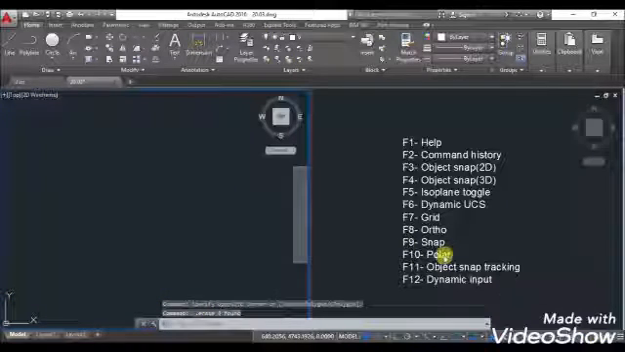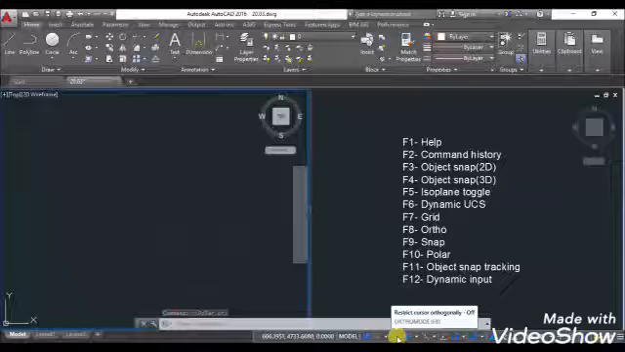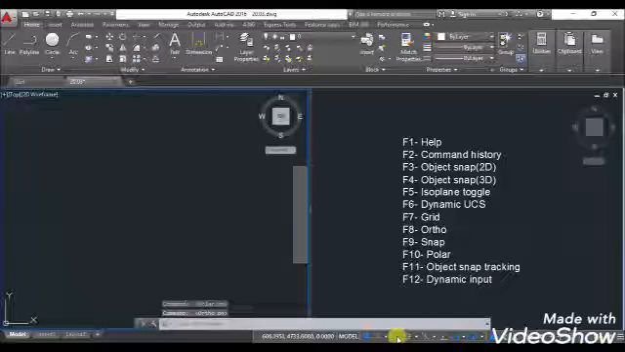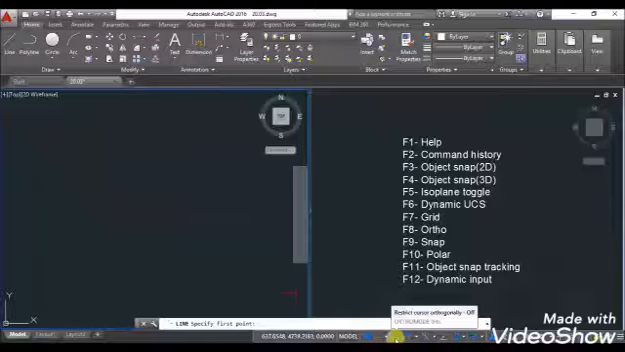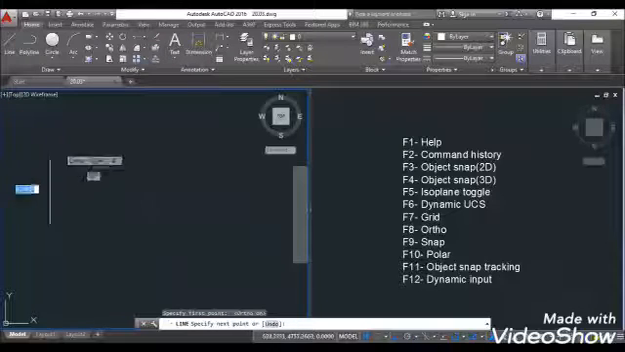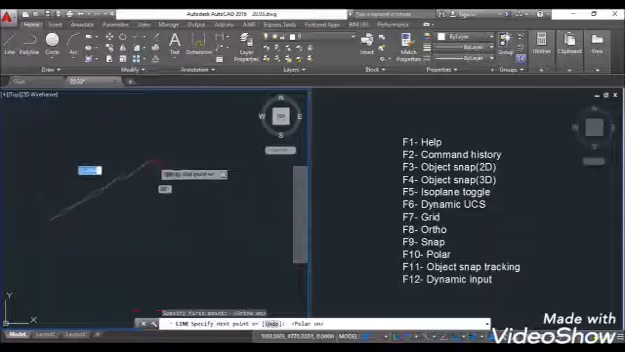Now we will know about polar tracking. So when I press F10 to turn on the polar tracking, the ortho gets off. Then when I turn on the ortho, the polar tracking gets off. I'll press F10 again to turn on the polar tracking. Then I click on line tool, turn on the ortho again. As you can see, only vertical or horizontal lines are possible, but when I press F10, lines at any particular